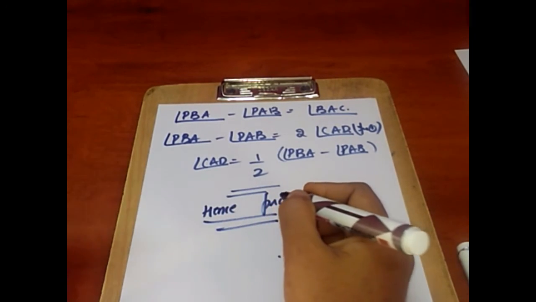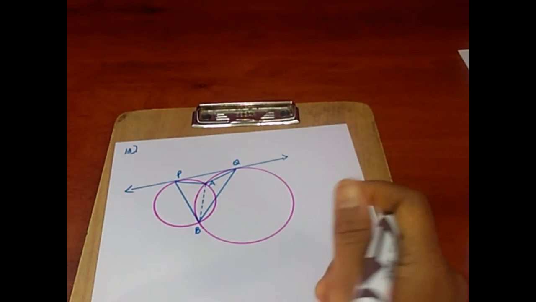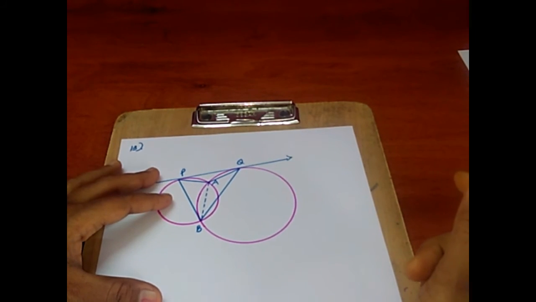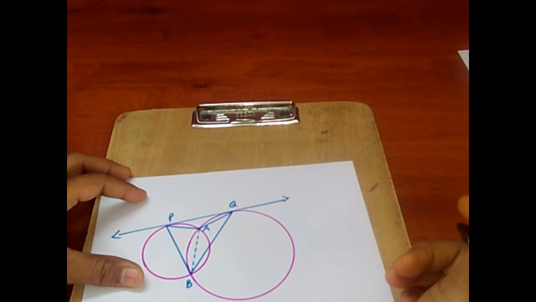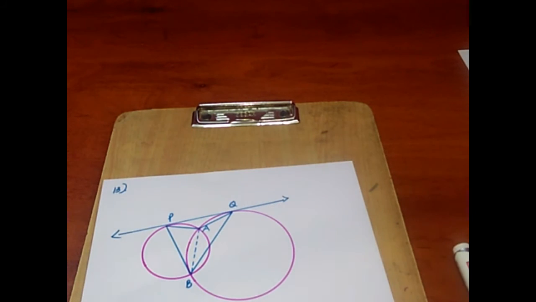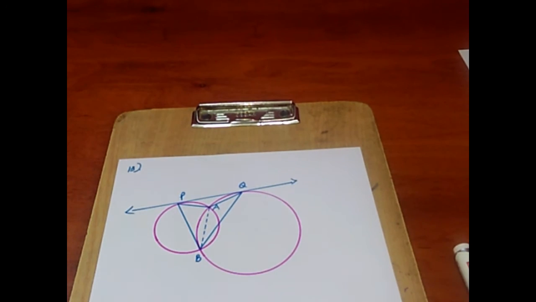This is the solution for question number 12. Question number 13. Two circles intersect each other at points A and B. Their common tangent touches the circles at points P and Q as shown in the figure. Show that the angles PAQ and PBQ are supplementary. As I intimated, children, concentrate on the diagram very carefully.